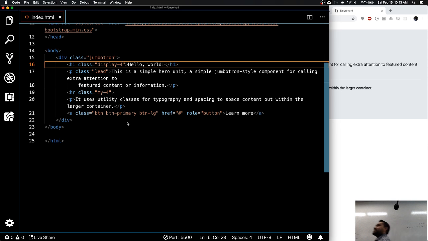Yes, Matt. I've seen that term hero unit in some samples. What is it? Where's the hero unit? This is a symbol, hero unit. What does that mean? What am I missing? Part of the content. The first part of it says p class lead. This is a simple hero unit. Line 17, right below. Line number 17. That's it, guys. Just tell me the line number. This is a simple hero unit. 17.